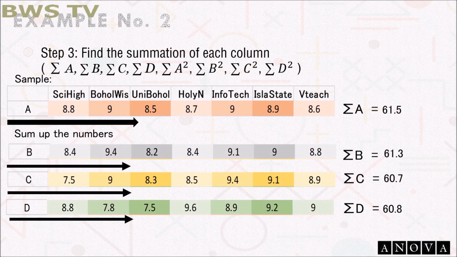Upon summing up all the numbers of each row, we'll get summation of A is equal to 61.5, summation of B equals 61.3, summation of C equals 60.7, summation of D equals 60.8,